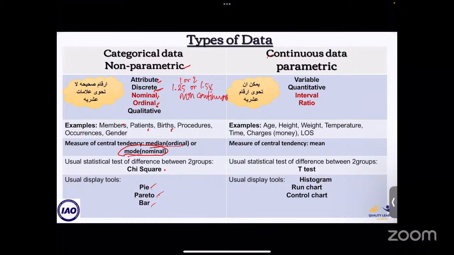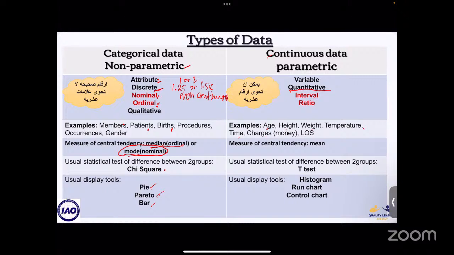Okay, so moving on to the continuous data, which is the parametric data. This type of data is purely numerical and allows for more precise measurement. It is quantitative data. Continuous data can take any numeric value, including fractions and decimals, so it is measurable rather than countable. Examples of continuous data are age, height, weight, temperature, time, charges like money, and the